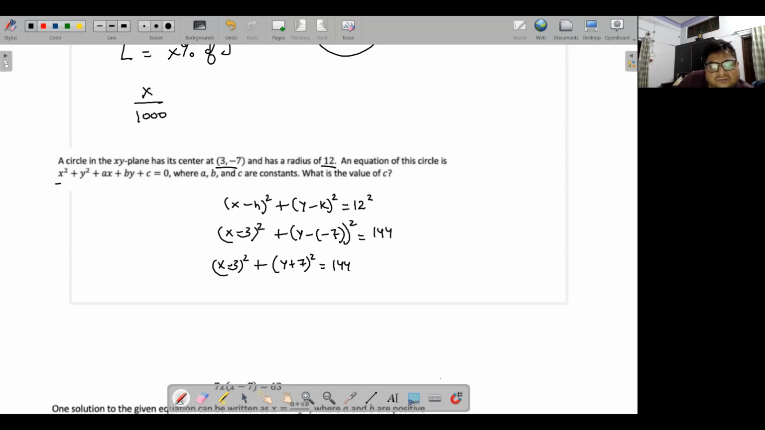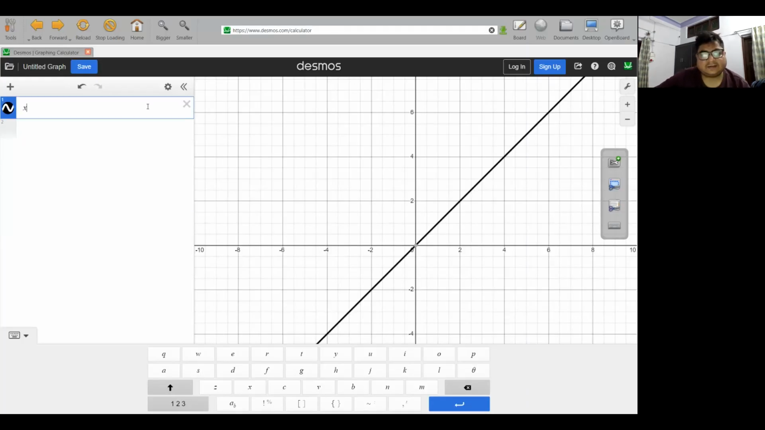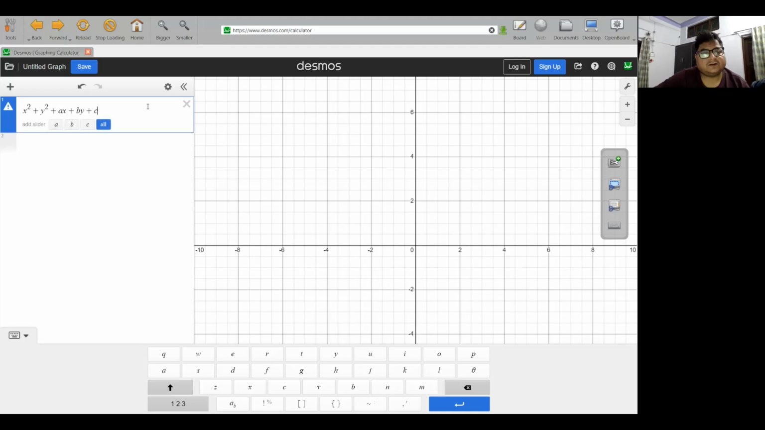Now to get the value of c, we will type this equation in Desmos and make the equation the same form. So 144 moves to the left side to make it equal to 0: (x - 3)^2 + (y + 7)^2 - 144 = 0. Now let's solve it by using Desmos. We can write it as x^2 + y^2 + ax + by + c, similar to the